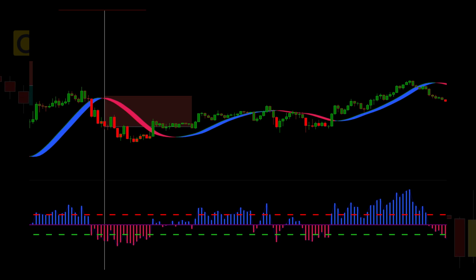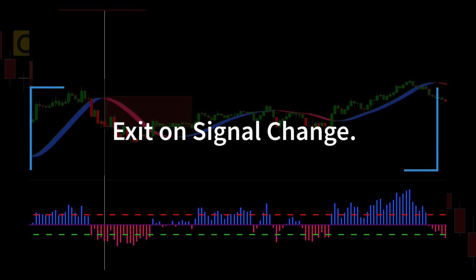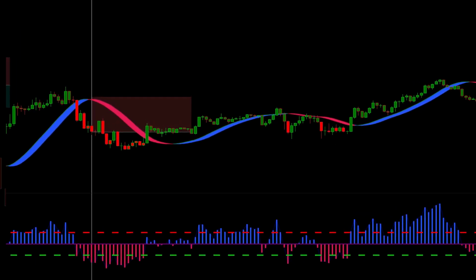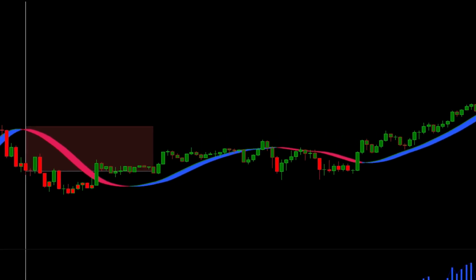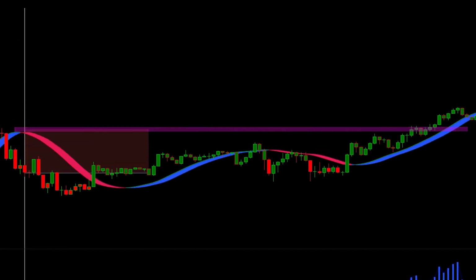Look at this chart from the backtest. You can greatly reduce the losses and thus have an extremely dramatic effect on the equity curve if you exit the trade as soon as the HMA suite changes signals. By closing your trade here, you would have gotten out with a very small loss rather than losing the entire